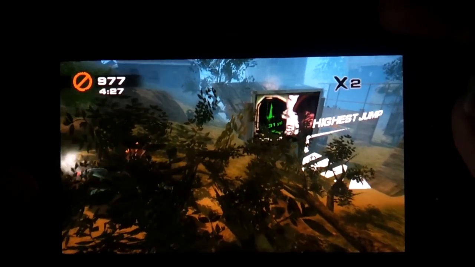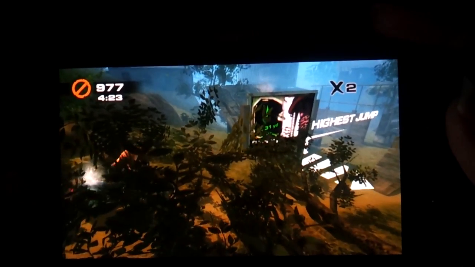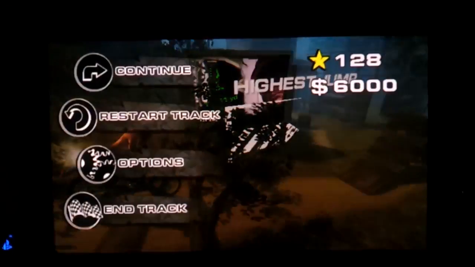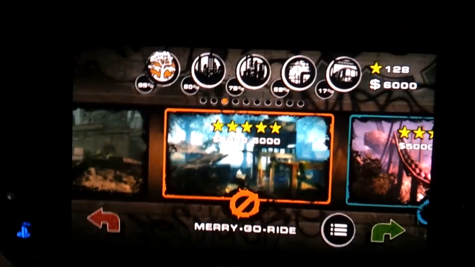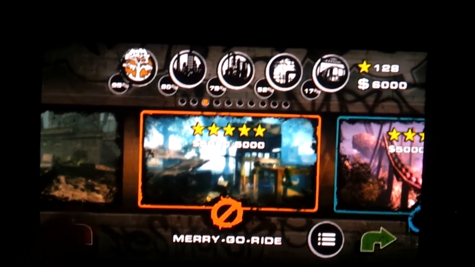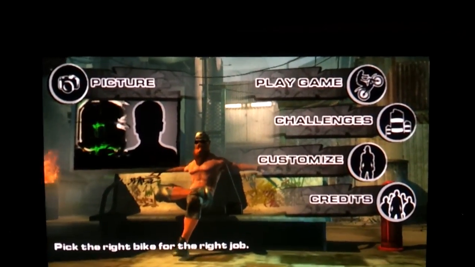Alright, so you see there? That guy's face on the leaderboard? Yeah, you can take your own personal picture and put it up. Get out of my way, you stupid trees. You can take your own personal picture and you can have it on the leaderboards, although you will probably never see your own face on the leaderboards. I mean, it's been like 5 hours since this game's come out, and I'm willing to bet that there's already some extreme